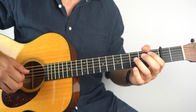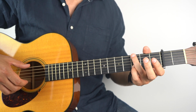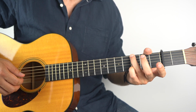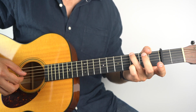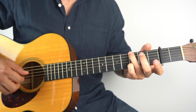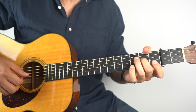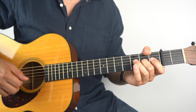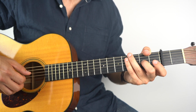And then it's 3rd fret on the 2nd string, 3rd fret on the 6th string, then play the 3rd string, and then on the 2nd string open hammer to 1, and then 3rd fret again, then the 3rd string, and then 1 pull off to open on the 2nd string, so that's then to our D chord, and you just play the 2nd fret on the 3rd string with open 4th string, and then on the 2nd string 1 pull off to open, and then 2nd fret on the 3rd string. So